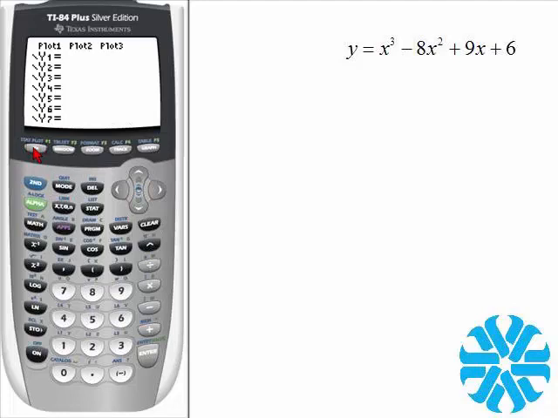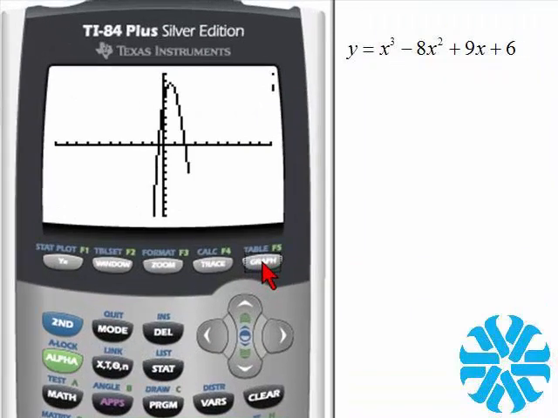Y is equal to x cubed minus 8x squared plus 9x plus 6. Okay, and we can graph this. So here's our cubic function. Looks like that. And down here, the minimum value cannot be seen. So we need to change the viewing window